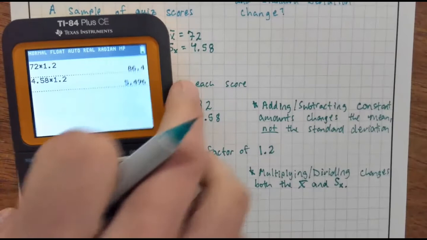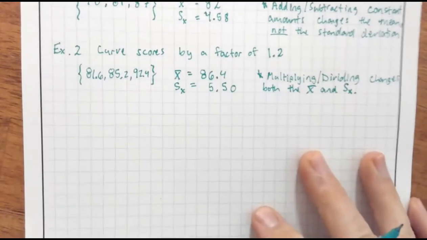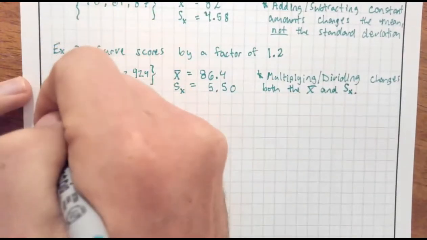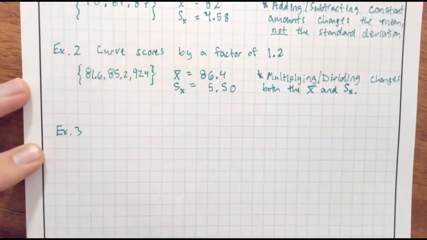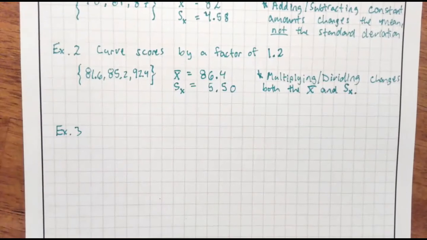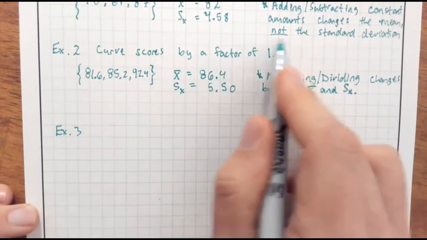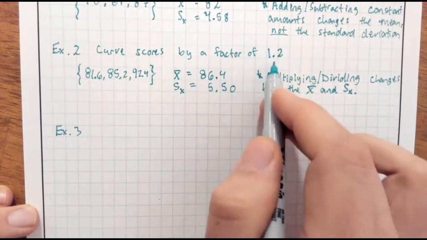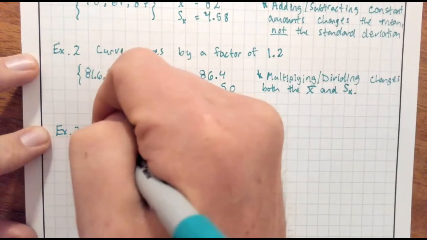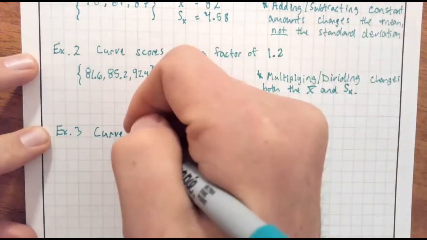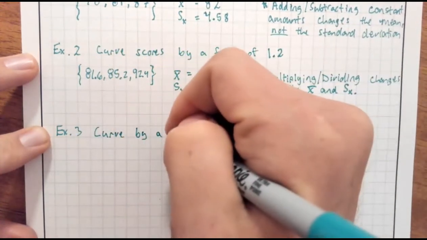All right, so now we're going to do one more example, and I'll just wrap this up. Example number 3. This is like a linear transformation. We have this other teacher who wants to give a solid 5 points to each score, and also help out the students that did better by using a scale factor. This third teacher is going to curve our original score by a factor of